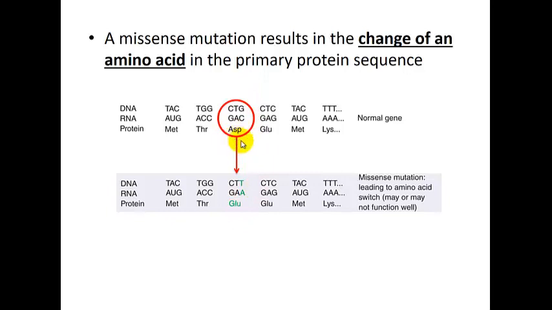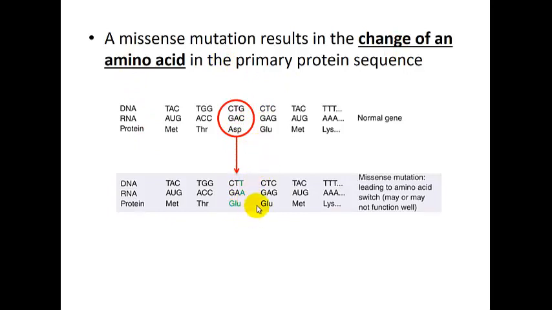This is aspartic acid and this is glutamic acid, is what these stand for here. So the point is that we end up changing the actual protein sequence, and so the term here is called